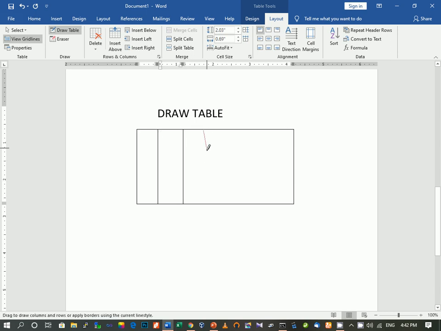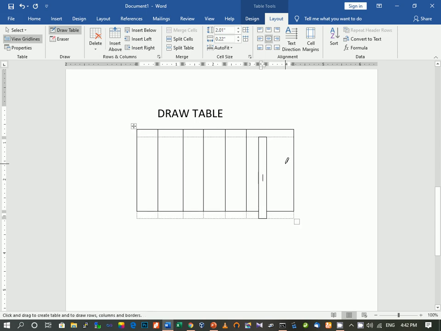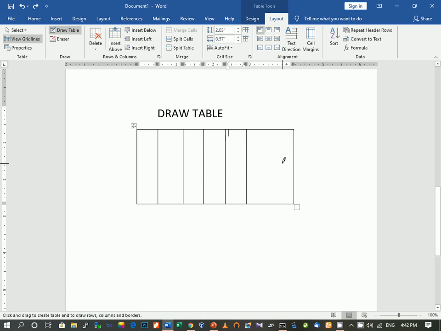In choosing this option, you can see that you have to be very specific about whether the number of columns and rows will fit into your table. Though you have several options, many options are there, how you can change the number of rows and columns, you can change. Then columns we have done. Now we will draw rows.